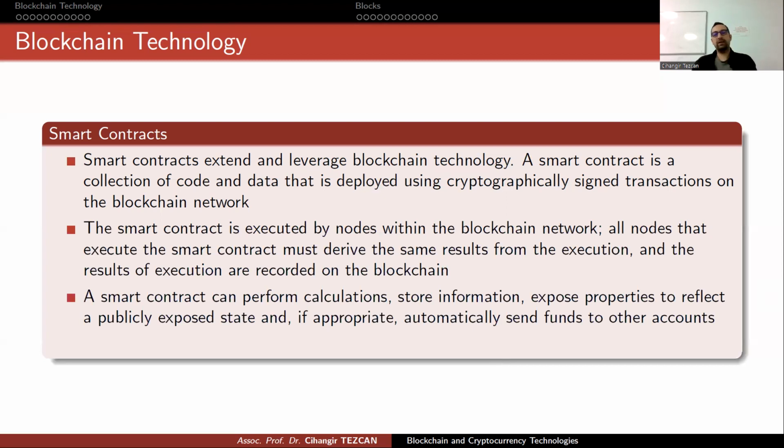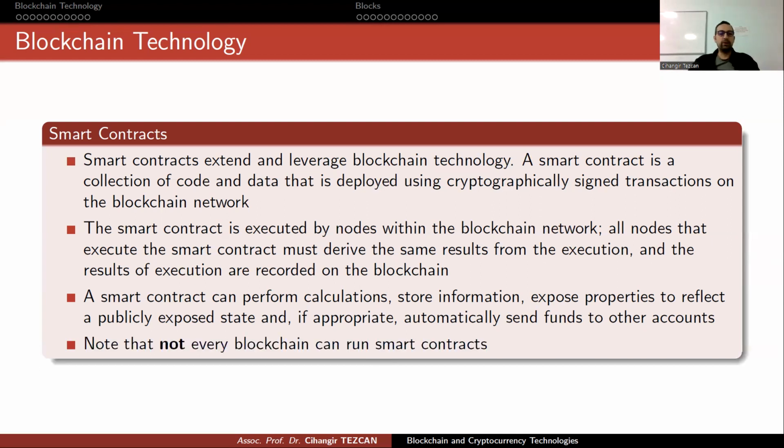A smart contract can perform calculations, store information, expose properties to reflect a publicly exposed state, and if appropriate, automatically send funds to other accounts. Okay. Although we mentioned this in a single sentence, most people are actually interested in these properties and writing smart contracts and having different